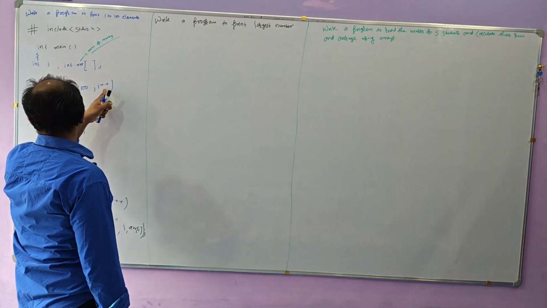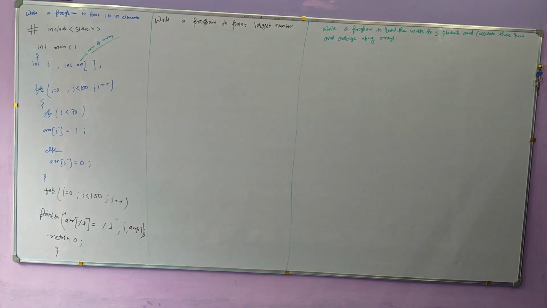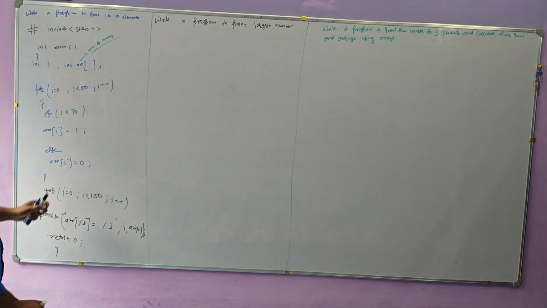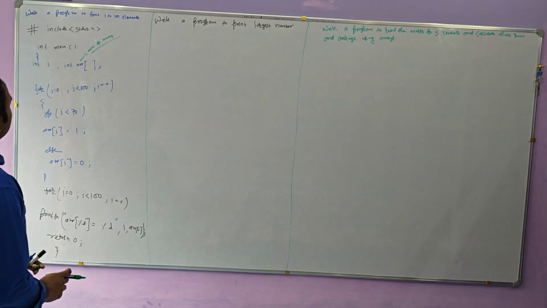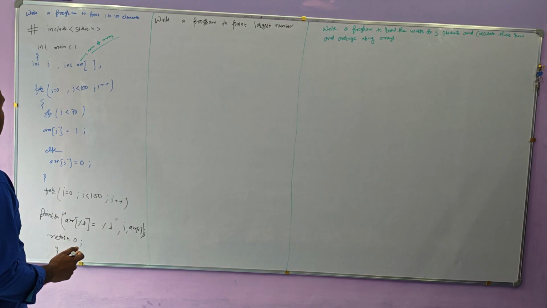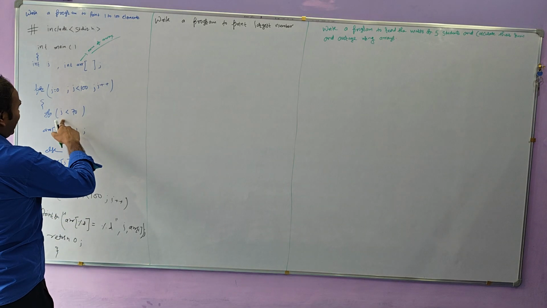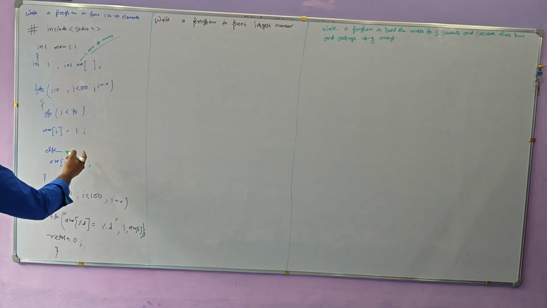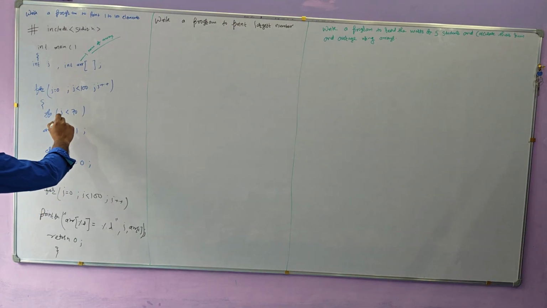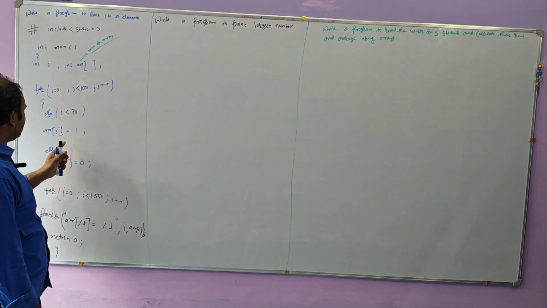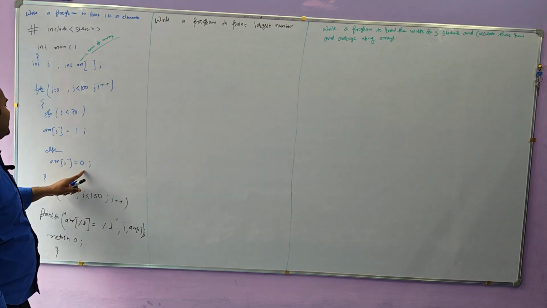Again I is 2, incremented by 1, and I becomes 2; 2 is less than 100, and so on. It is going to execute till 69, where the condition is AR of 69 is 1. At 70, 70 is less than 70? No, 70 is not less than 70. So AR of 70 becomes 0.